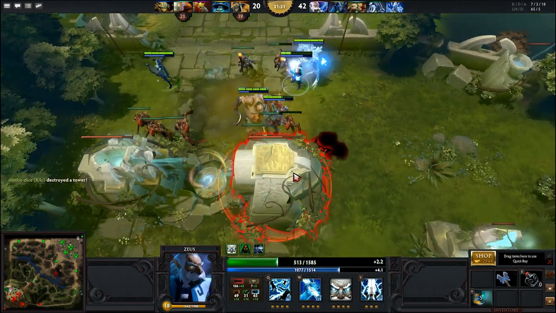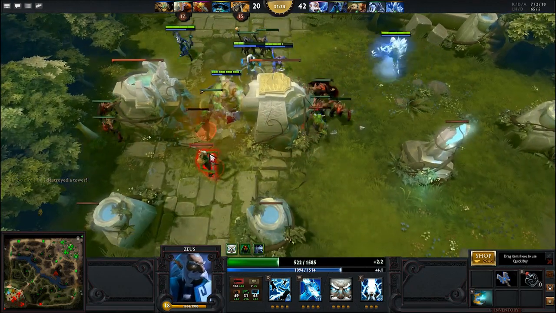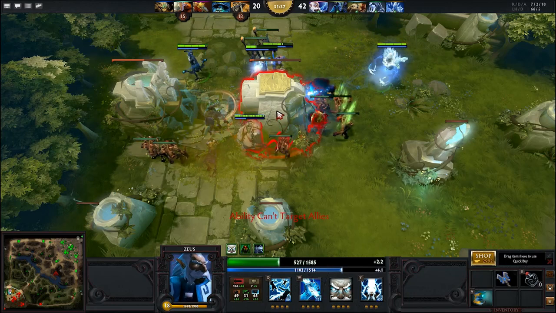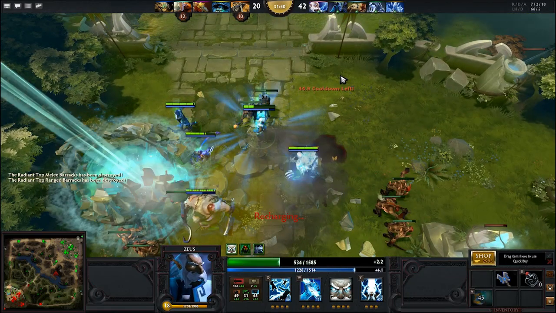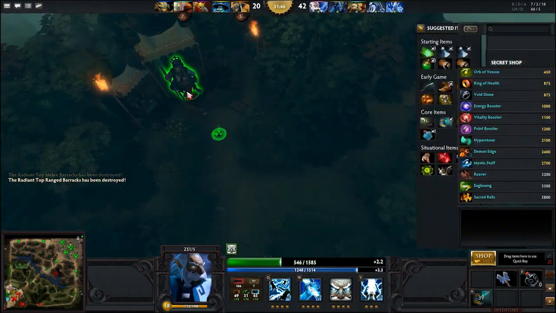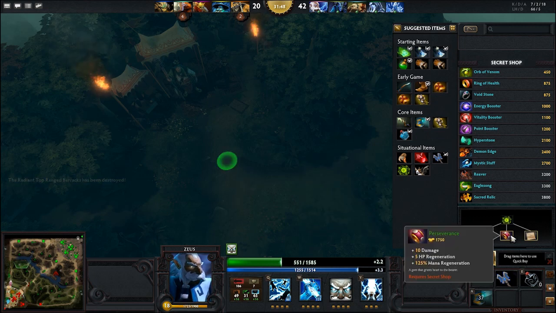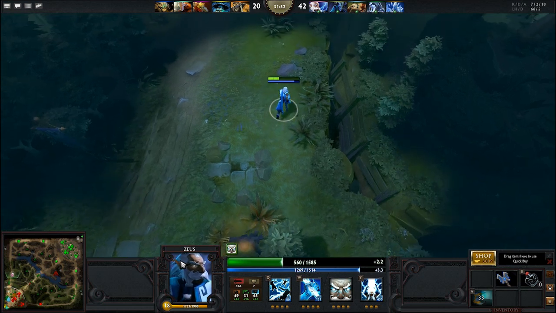Enemy's top tower has fallen. I'm trying to get a nuke off here to try and reveal stealth, but unfortunately they're just dying so fast I can't, which is unfortunate. I'm gonna move back a little bit. My HP is relatively low. See if I can maybe get the Perseverance on the refresh stone, which I will be able to do. I mean, I have the money for it, obviously, but